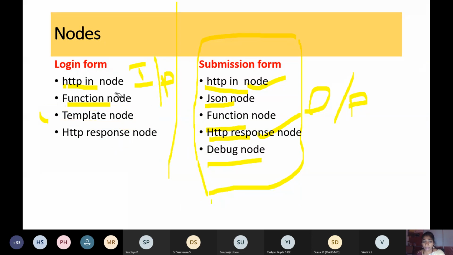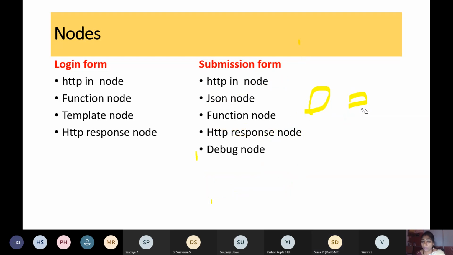In the login form, we are going to take HTTP in node, function node, template node, and HTTP response node. Whereas in the function submission form, we are going to take HTTP in node, JSON node, function node, HTTP response node, and debug node. So you can include nodes based on the need of the application.